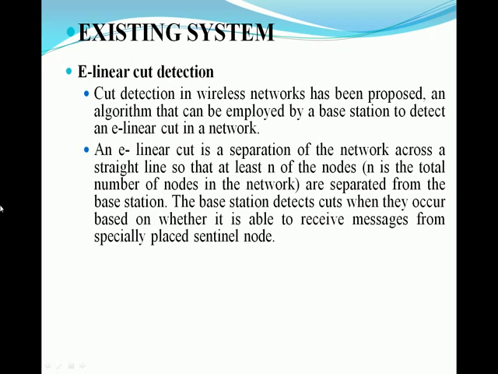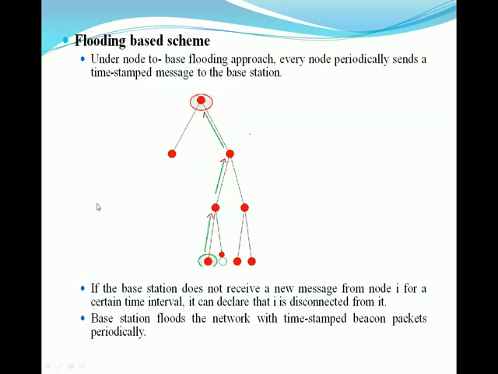This is my existing system, and this is the most efficient and widely used system, E-linear cut detection. It is useful and efficient, but the problem is that it is only used for straight line cuts. For example, you have a source and destination with some sensor nodes in between, but everything should be placed in a straight line, not in a distributed network. When you have a tree-like structure or an arbitrary shape, it doesn't work. It is a workable system, but in certain cases it won't work, and it doesn't suit all other scenarios. That is a major drawback in E-linear cut detection.